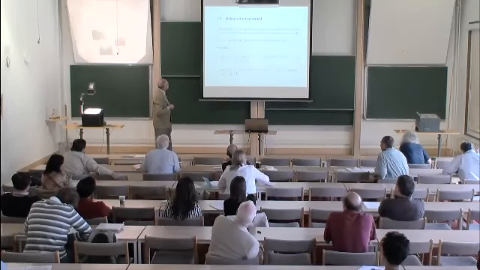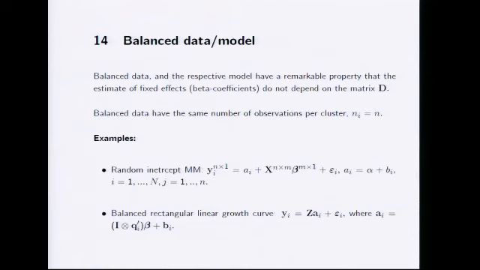Balanced data model. I encourage you to make your data balanced. When data are balanced, you have fewer problems. For example, in a random effect model, you don't deal with D when it comes to computation of betas. So betas are D independent. And also